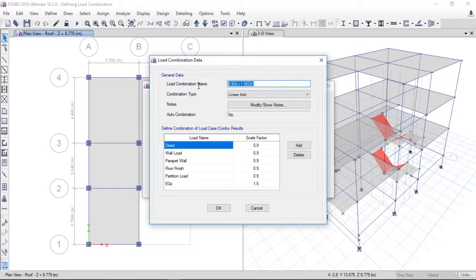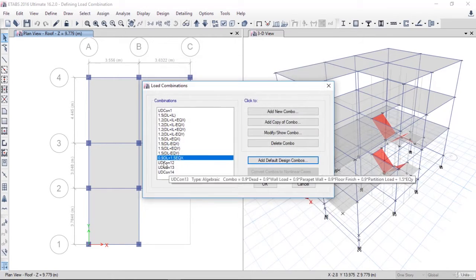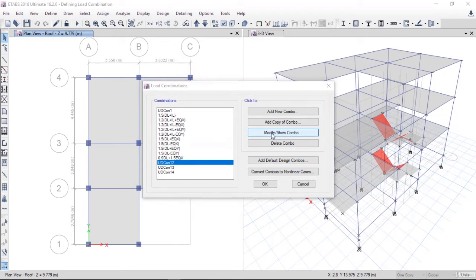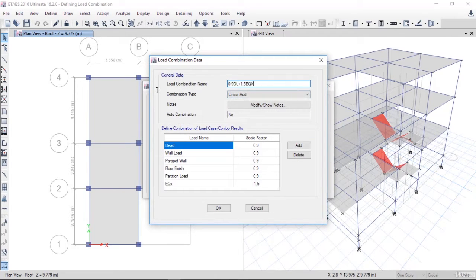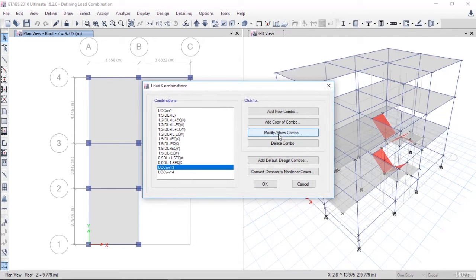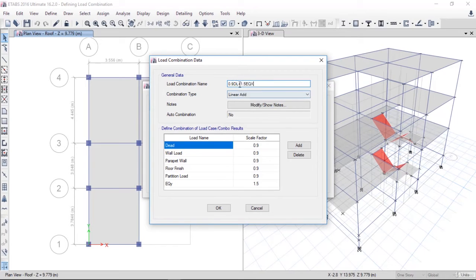Copy it, click on OK, modify, paste it, so it's minus EQX. And modify it, it's plus EQY,